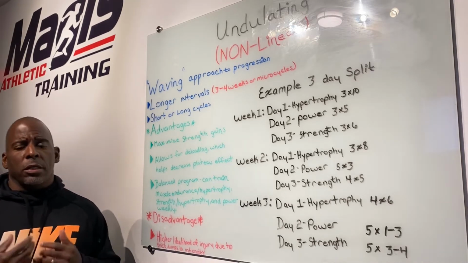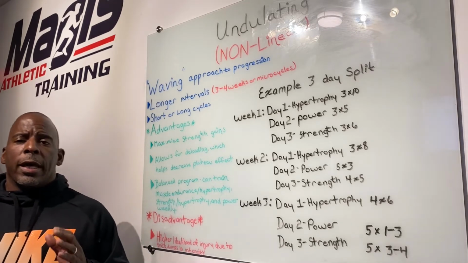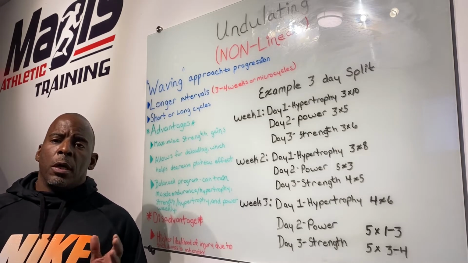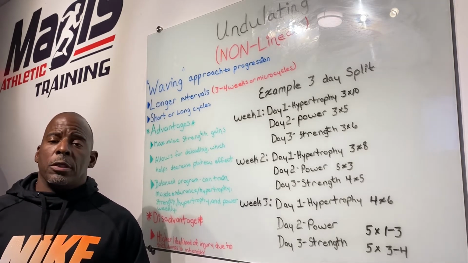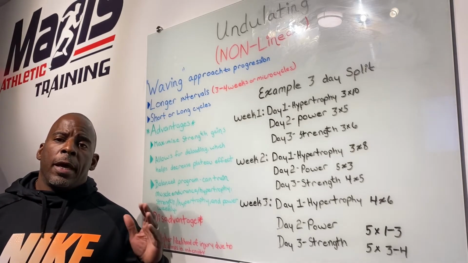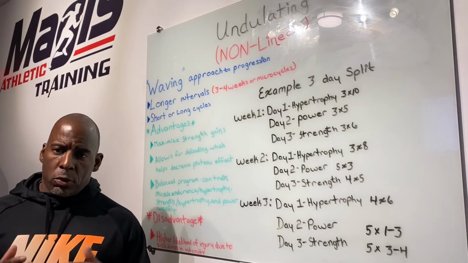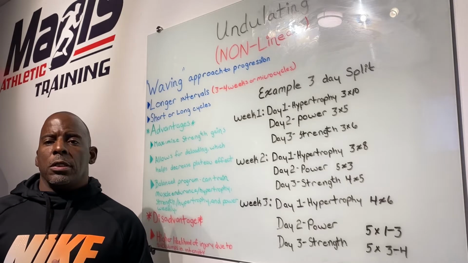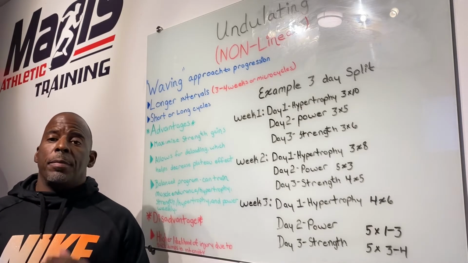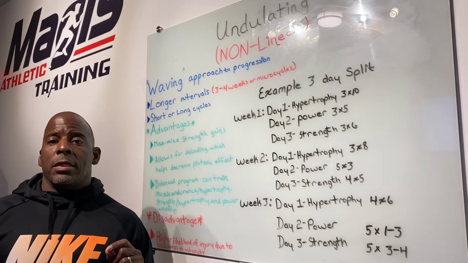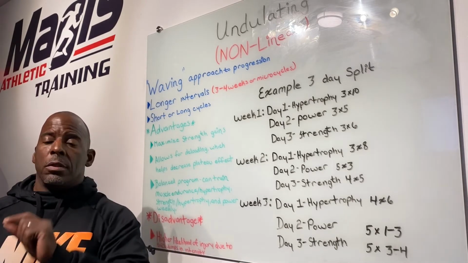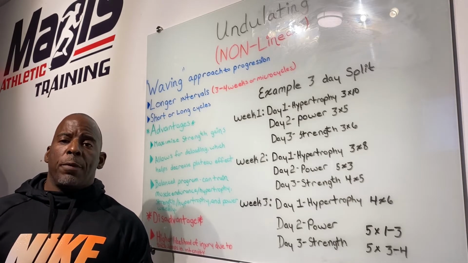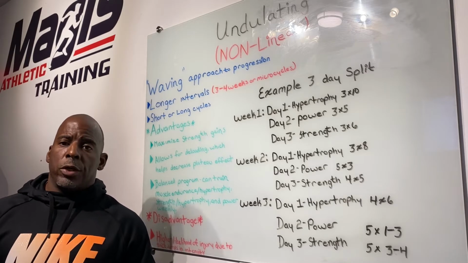Today we're going to talk about undulating periodization. Last week we talked about linear periodization, and one of the key differences is that linear periodization has a gradual progression working on one specific fitness goal during that period, whereas undulating periodization does not have a gradual ramp up, but more of an undulating up and down periodization where you're going to be working on your strength, your power, and your hypertrophy all in one training block